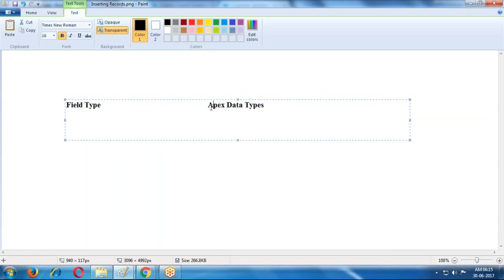In Apex programming there are data types, and there are field types. Field types are in the administration, and data types are in the development. Administration and development.